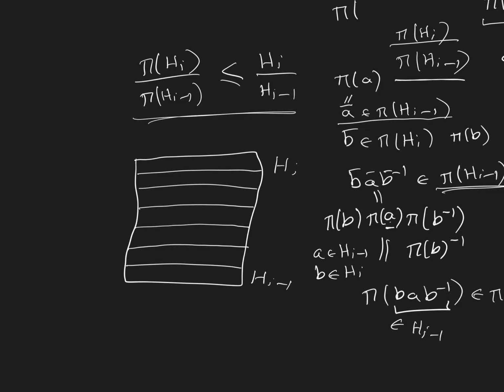Then what we're doing, how do you do this? When you map them under pi, things that are in the same coset here are going to be mapped to the same,